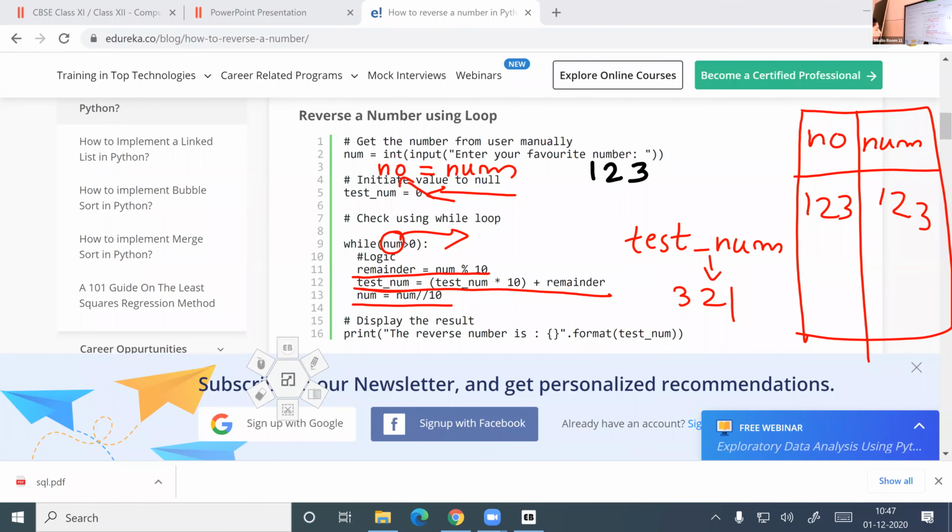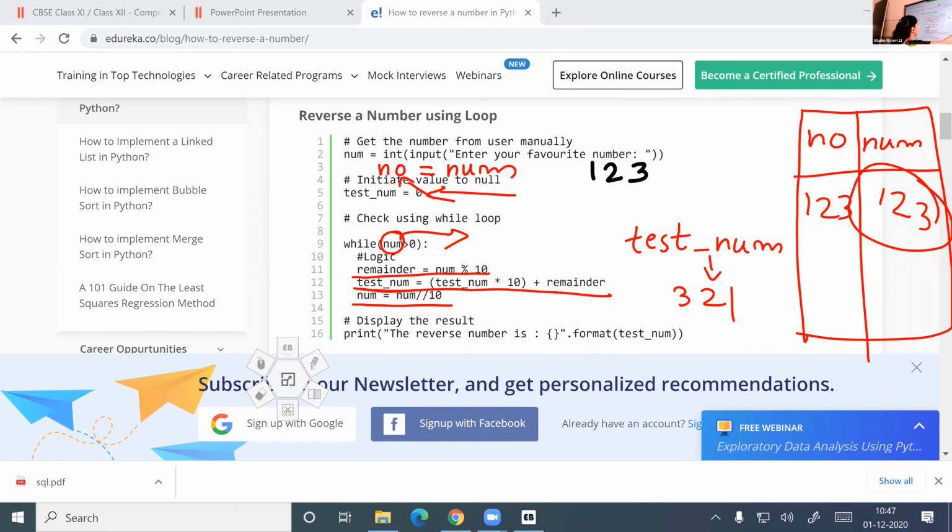And just after the loop, you have to check whether the original number is equal to the reverse of the number. Original number means what? Atul, which is the original number? 123. We can't write 123 directly. We have the value inside num, isn't it? If this statement is not there, then we have only one option, that is num.